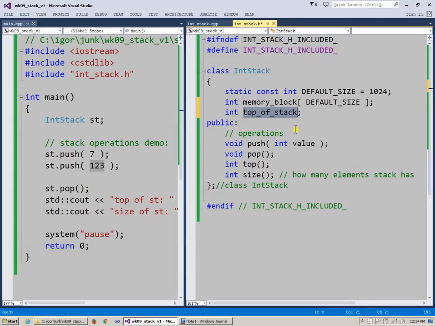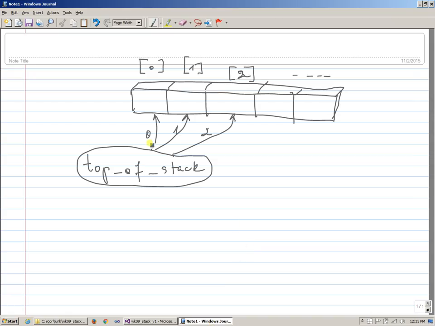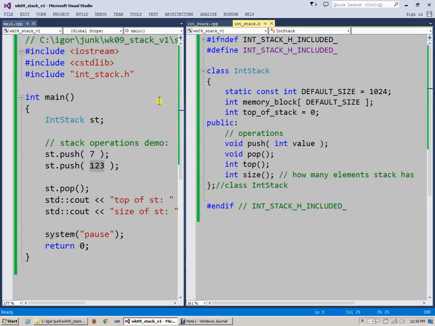My only concern is that it needs to be initialized. I'll show you 2 ways to initialize it. Simply, you can say this: naturally we want to make sure that originally the top of stack is pointing to element 0. Initially, that's why it would be natural to give it the initial value equals